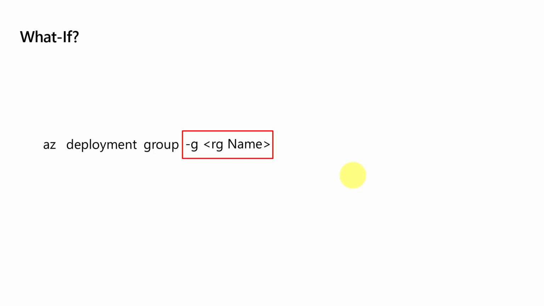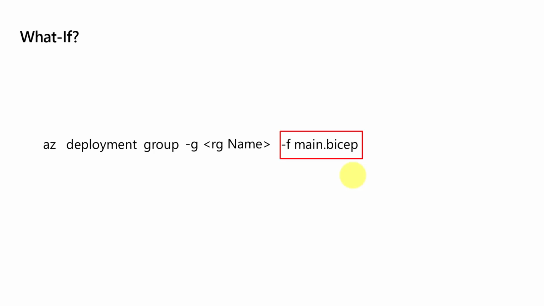Usually we run the deployment of a Bicep script using a command called az deployment group. For that we provide some inputs like a resource group name in which we want to create those resources, and then we also provide one more input called template file, and provide the name of our Bicep. In this case, main.bicep is the file name. These are the two parameters that are required for running a Bicep script.